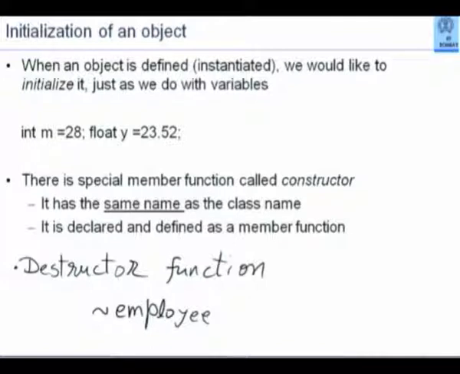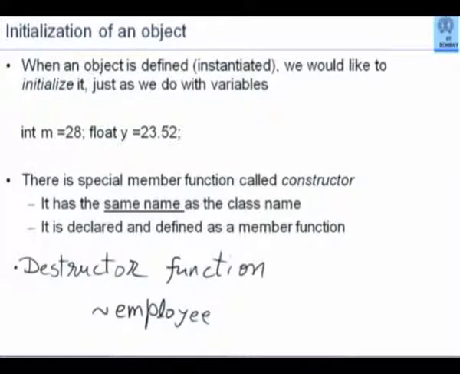Now, there is a major difference here: the objects, when they are instantiated, which means at the compile time, the objects would be defined just as you define variables and arrays. At that point, the constructor function is invoked.